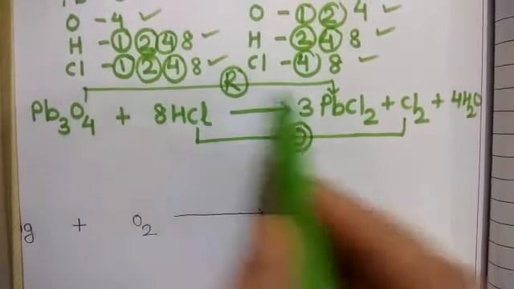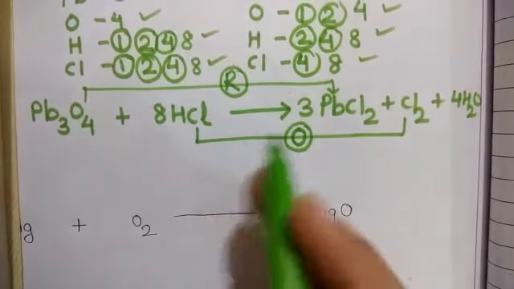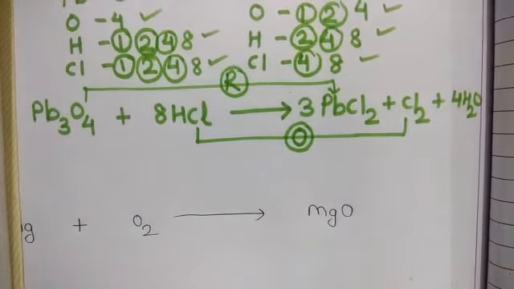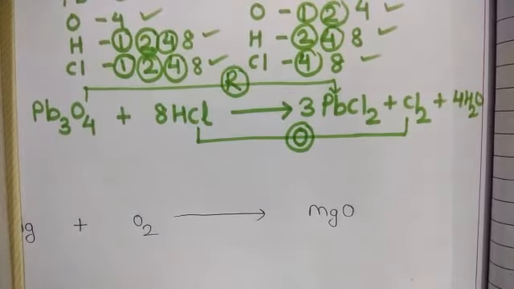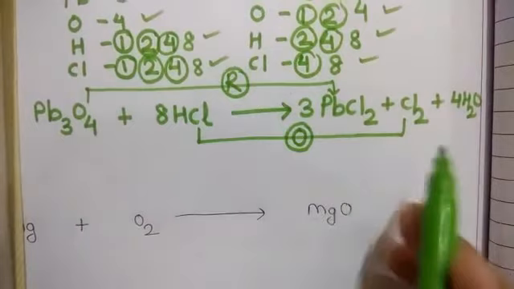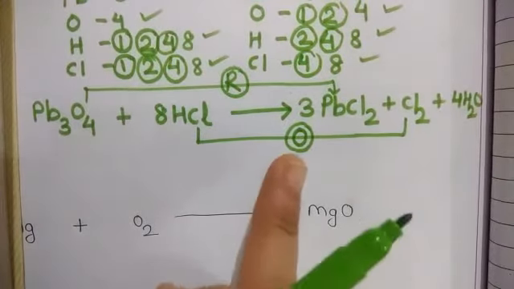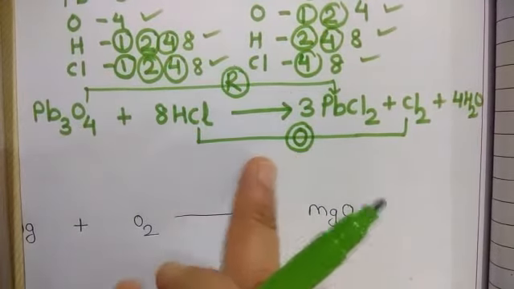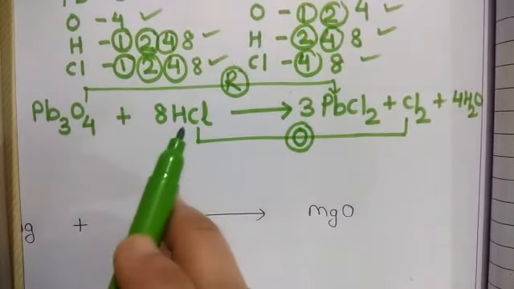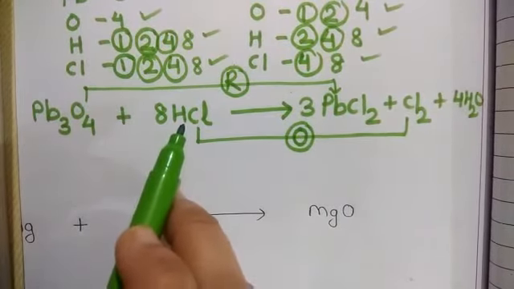So loss of oxygen is what? Reduction, because the definition of reduction is loss of oxygen, gain of hydrogen, and gain of electron. These three definitions you have to make sure are in your mind, so you will be able to write the oxidation and reduction. Now once you have got which is the oxidation reaction and which is the reduction reaction, after that you have to write which is oxidized and reduced.